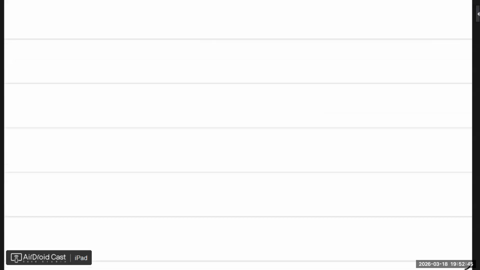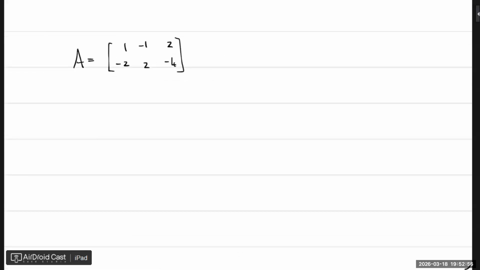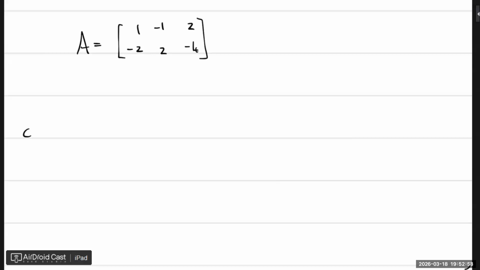So they ask us, find the column space and the null space of this matrix. So first of all, for a column space, it's easy. Just go and